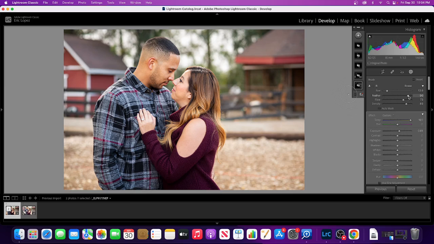You want to do your feather. Your feather's going to be, I can't even point. I'm trying to point at my screen, but you can't see. The feathering part is going to be that outer ring to the center ring. So you want that to make it look natural. You want that ring to be big, but you still want to have some control over it. Same thing with the size of it. And your flow,